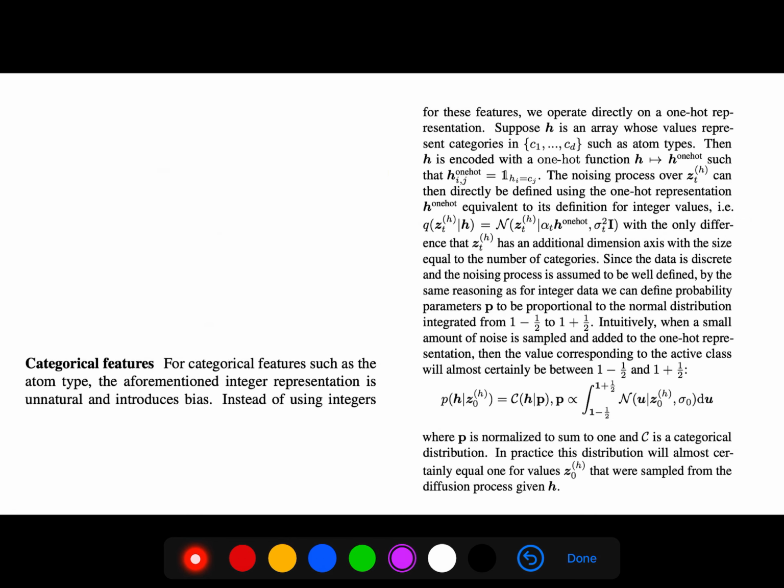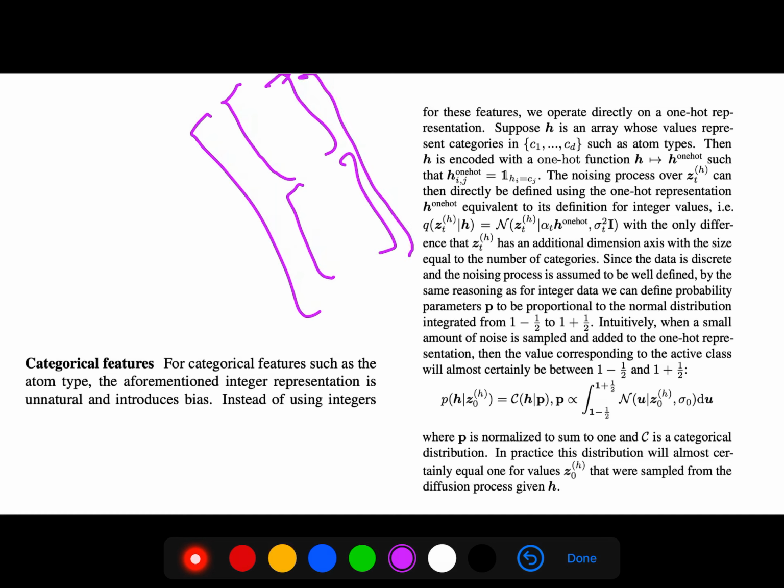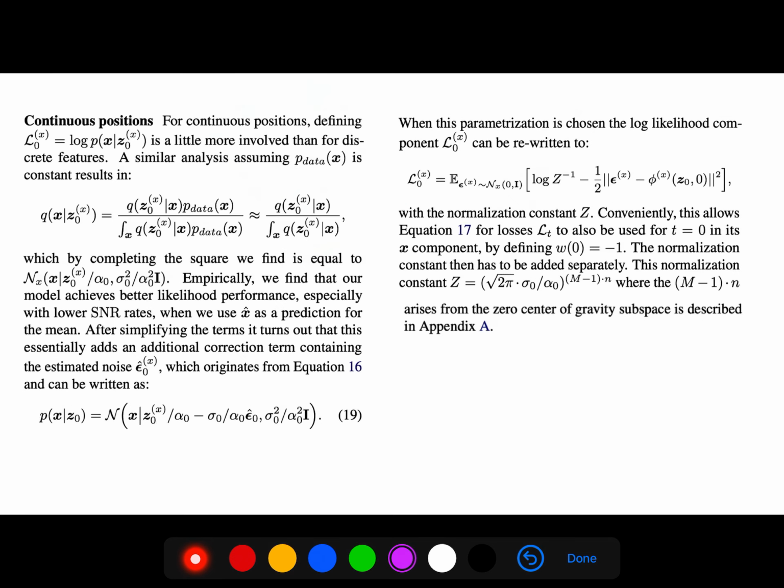So this paragraph is interesting because the model, they just use this one hot encoder for the categorical, and then concatenate with the other features, so it becomes a longer vector. But the categorical is just the one hot encoder. For example, this one hot corresponds to carbon or anything else. And for continuous positions,